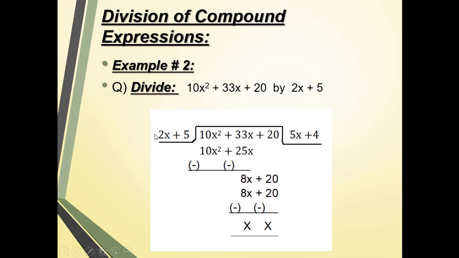Okay, we now have to repeat the steps. Like in the table of 2, when 4 comes, the answer is positive 4, because there is a positive sign over here. Number 2, the power of x over here is 1 and the power of x over here is also 1, so we don't have to write x over here with 4. We just need to multiply 2x with 4, we will get the answer 8x. Okay, then similarly, as we multiplied 5x with 5, we need to multiply this 4 with 5 as well. Plus plus is plus, and 4 fives are 20.